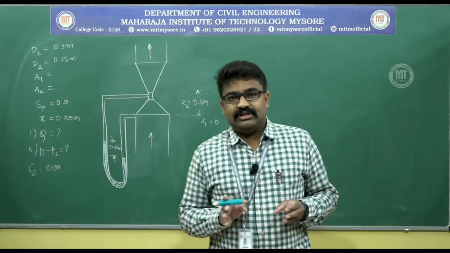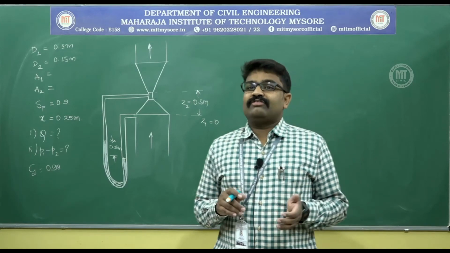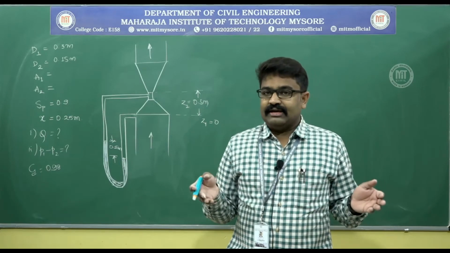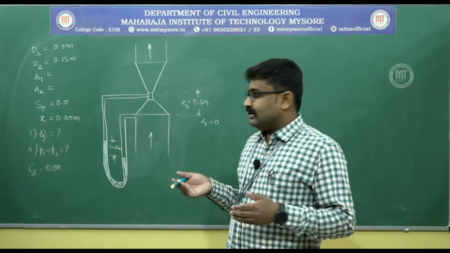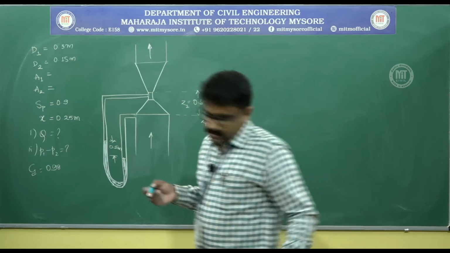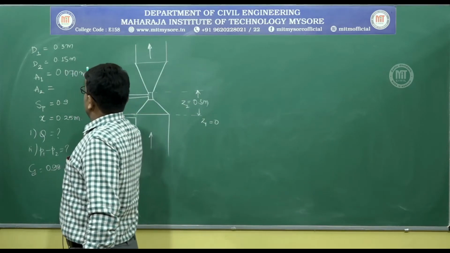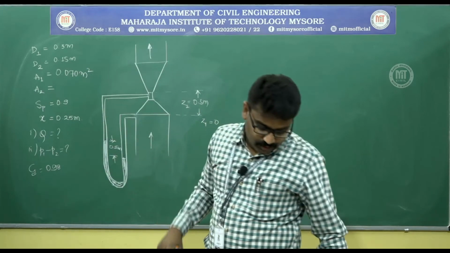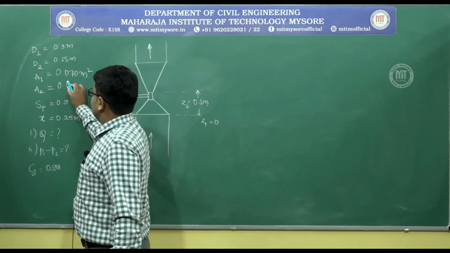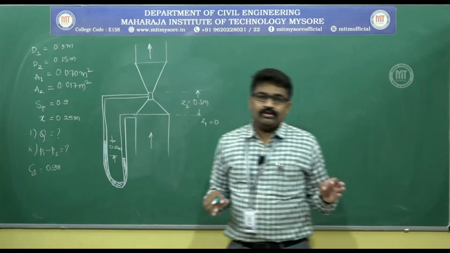So, now from the data set you can easily put the equation of discharge. What is the equation of discharge? Q is equal to CD A1 A2 root 2GH divided by root of A1 square minus A2 square, for which you have been given almost everything. D1 and D2 are given, hence you can calculate A1 and A2. First let us do that. What is A1 and A2? A1 is 0.070 meter square. And what is A2? A2 is 0.017 meter square. So, CD is given, A1, A2 are now known.